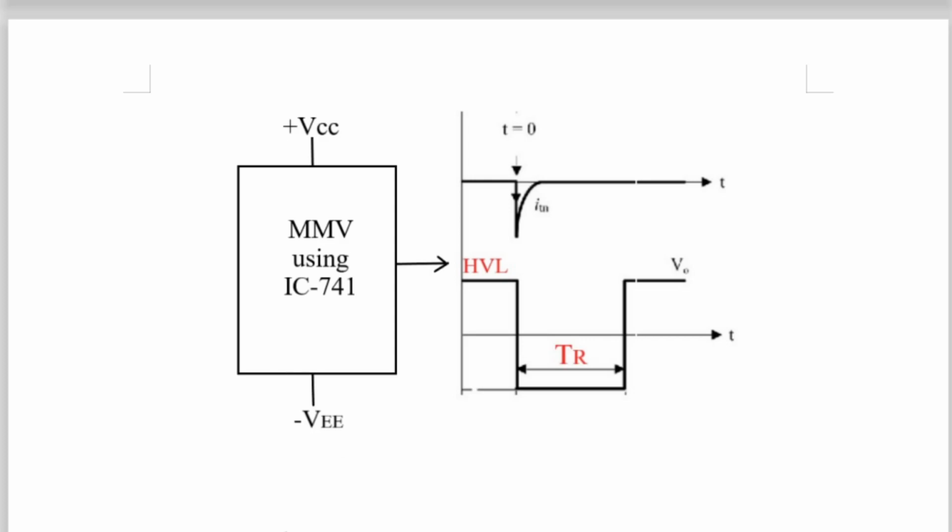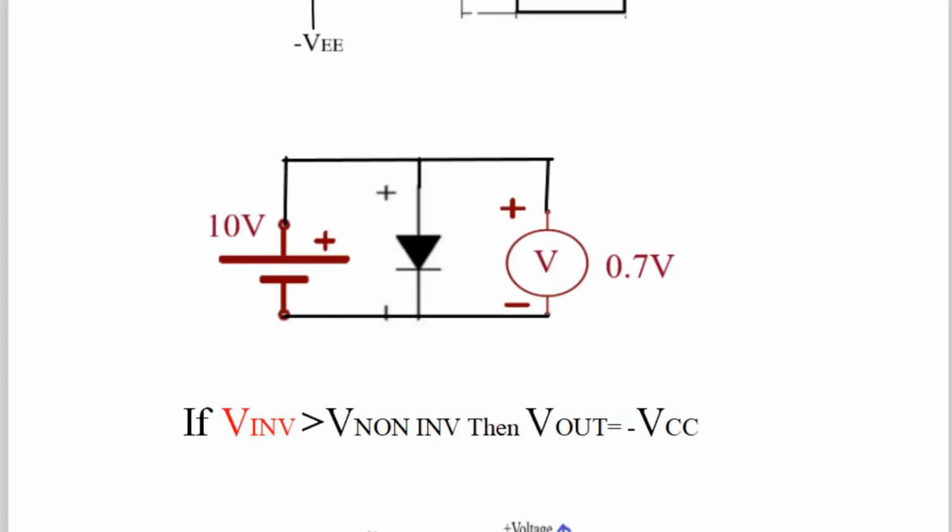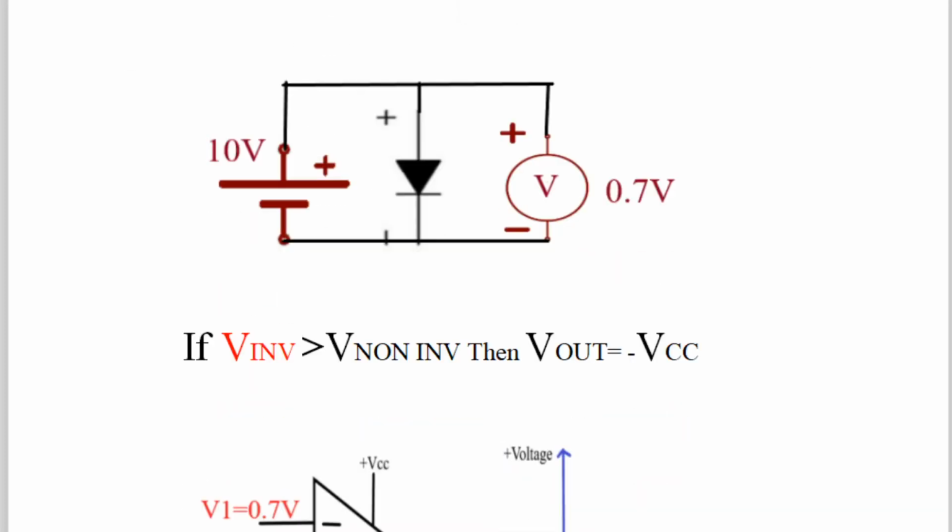Now let us proceed to the monostable circuit. But before that, as usual, which are the different blocks used in the monostable multivibrator, that I am going to explain separately, and thereafter we'll combine all that and it becomes very simple to understand the monostable multivibrator. So, the basic concept.